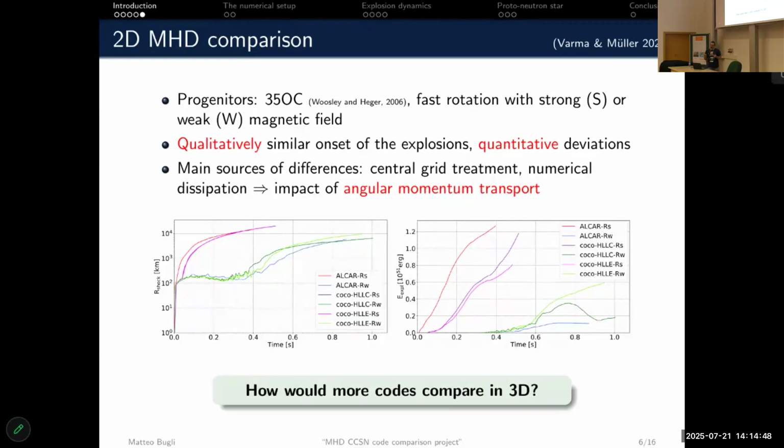And they already show that in 2D, there is definitely a qualitative agreement in terms of what the codes can do. You can see here, for instance, the shock propagation over time, and then the ejecta diagnostic energy. There are definitely some deviations between the two codes, and they also did it for an explosion with much weaker magnetic fields. So there is a trend of different codes similarly providing qualitatively similar scenarios, but we wanted to extend the number of models, extend the number of codes, and most importantly, go to 3D because it's an absolute necessity.